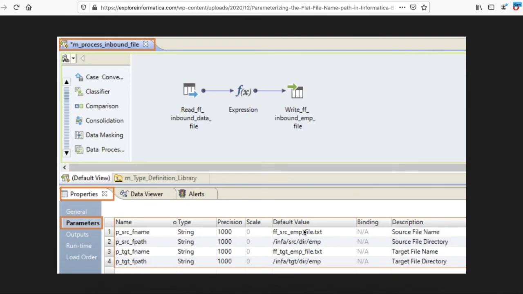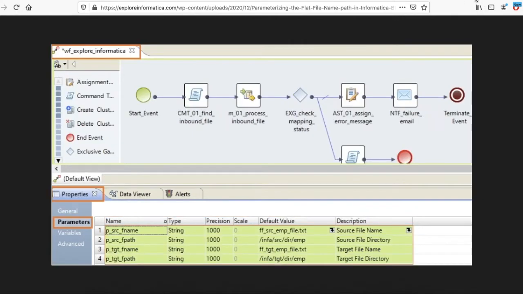So the default value listed in the mapping will be passed to the object and used when you run the mapping alone. And when you run the workflow from the developer tool, you can either use the infacmd command to run only the workflow,